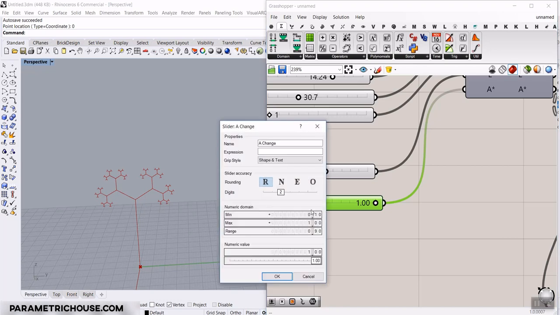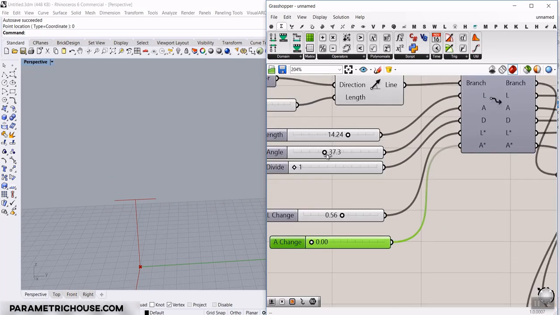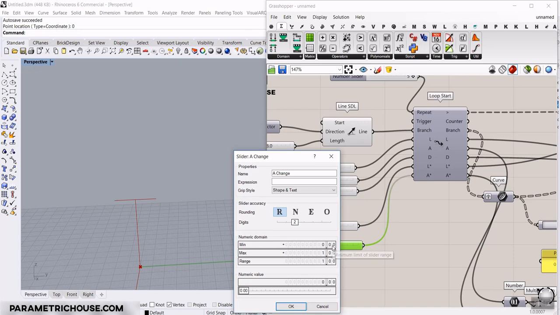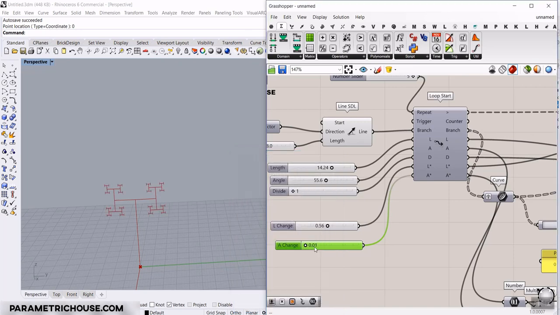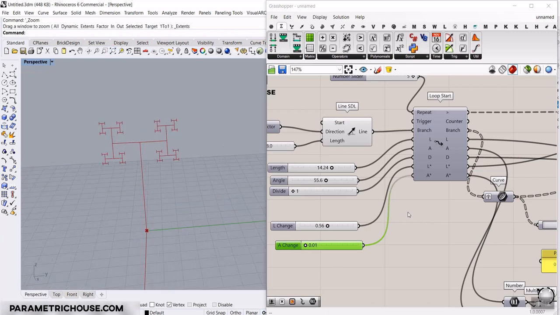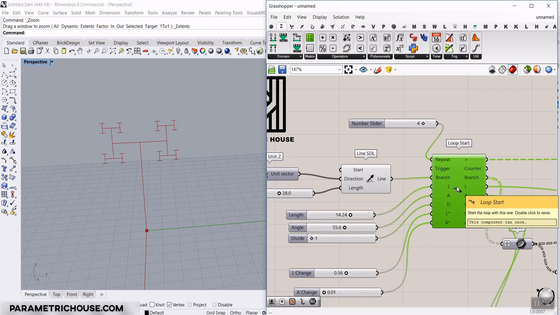Now we can say that's 0 also, because we don't want to change that angle. Perhaps we have to not give that 0 exactly, just a little bit up. You can see that's going to work, okay? Because 0 is going to ruin everything. Everything is going to be 0. And now you can see how easy it is to use Grasshopper to make a fractal tree, a generator fractal